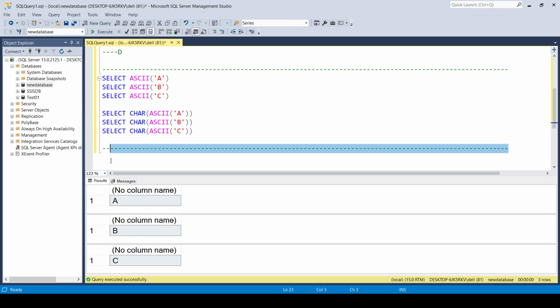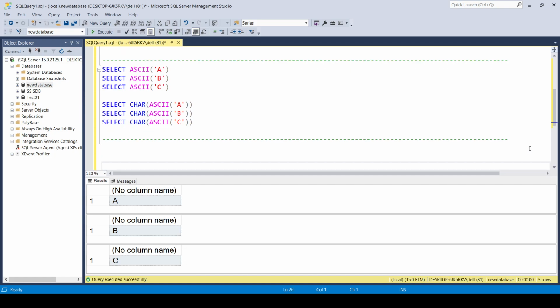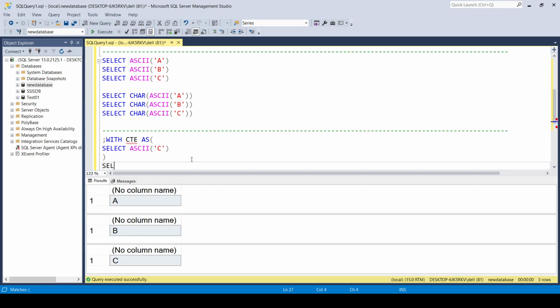So let's try, and now we are going to introduce the concept of CTE. CTE stands for common table expression. So what does this mean? If I copy and paste it over here, this is the basic syntax of a CTE. If you don't know about this concept, then please go to my last videos, in which I have explained everything about CTEs. So if I write WITH CTE, which stands for common table expression, close this bracket, and do select star from CTE, and call this again,